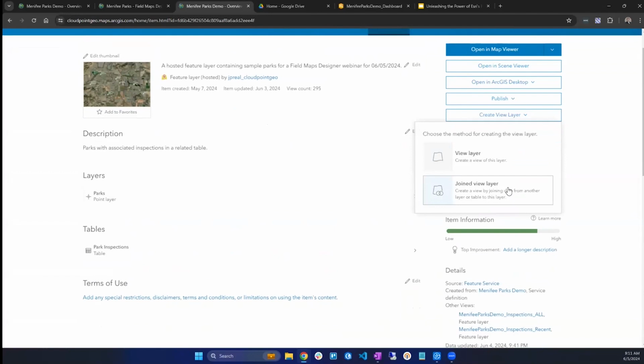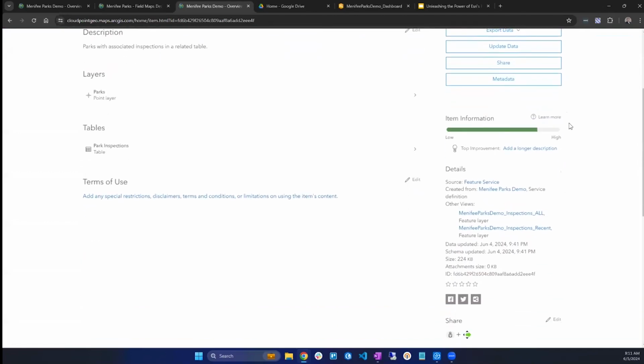By creating a joined view layer, what we can do is say, here's the park geometry, I want to merge it with the actual inspection. That way I can visually see where all my inspections are happening. If I were to go down into these other views that I've already pre-created, I think it's logical to name it by the actual layer name and then the inspection, and then whether it's all of them or just the most recent ones. You can configure that depending on how you set up this join. But if we were to hop into the all one